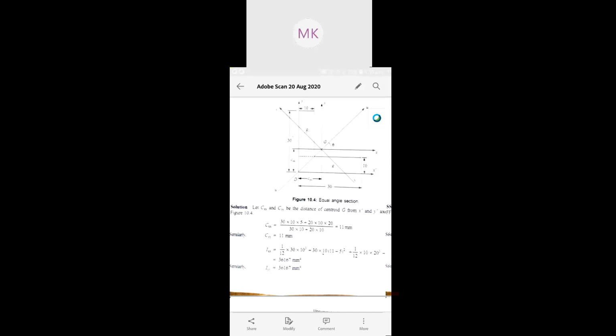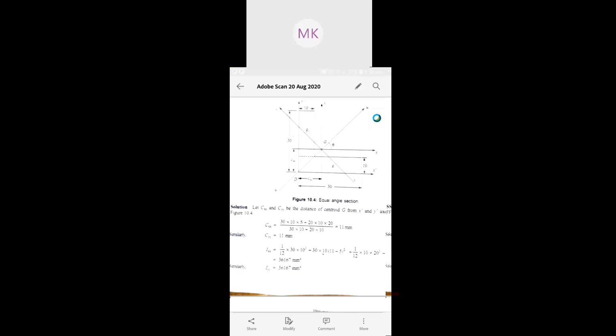So for that above part, what is the dimension after dividing the section into two parts? That above part, I think, is 20 into 10. All of you understand this? For A2, that is 20 into 10. So we need to take that 10 from the x-axis, which is already there. After that we need to add half of that above section. Our above section is 20 mm dimension, so half of that will be 10. So 10 plus 10, it will be 20.